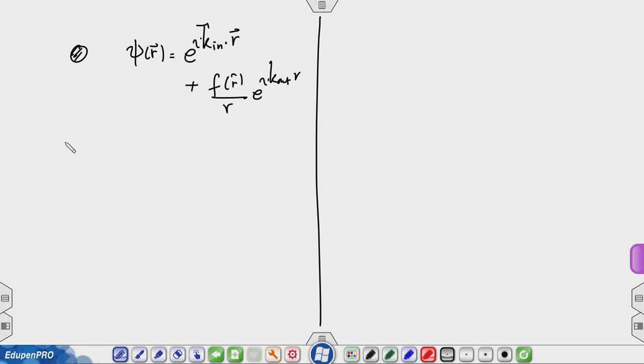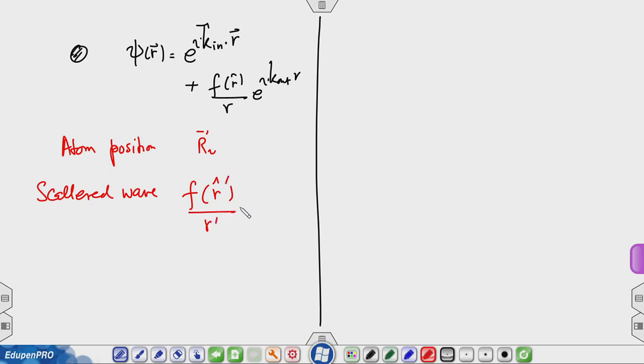Then if I take the atom position as r i, then the scattered wave is f, I will write this as r unit vector prime divided by r prime e raised to i k dot r prime, where r prime vector is r minus r i,